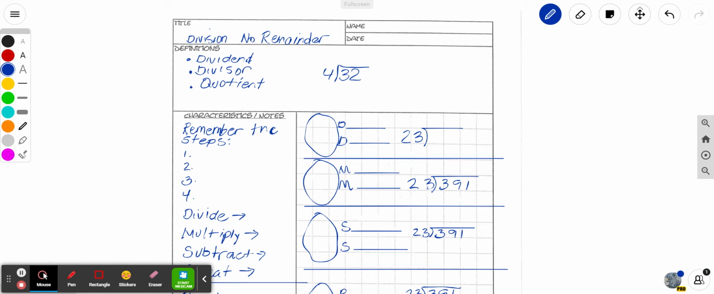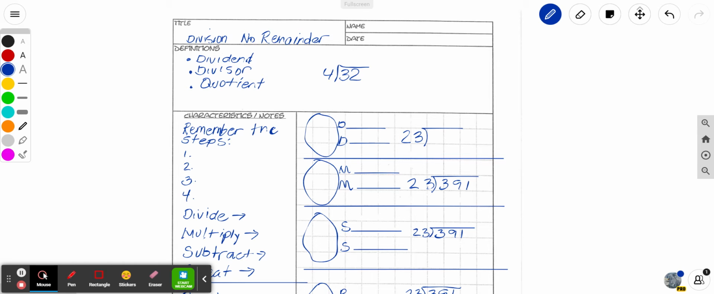These are notes on division with no remainder. This is note number 2 for Mrs. Howe's class, and I am Mrs. Howe. So you should have a note paper with all of this information already written down. If you don't, you'll want to pause and then get this copied, what you see here, and we're going to